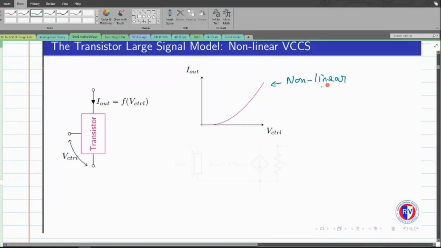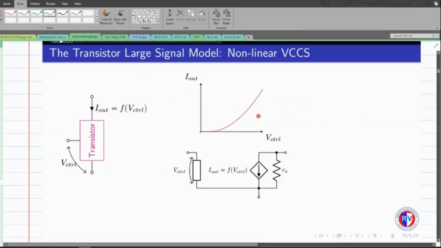The characteristic is basically nonlinear, and if this transistor is replaced with a BJT, then for a BJT one would have an exponential relation, right? The graph that I've plotted here would be an exponential graph for a corresponding control input, which would be a VBE for our BJT. Whereas if it is a MOS transistor, then we would end up having some sort of quadratic characteristic graph in the place of this I out versus V control.